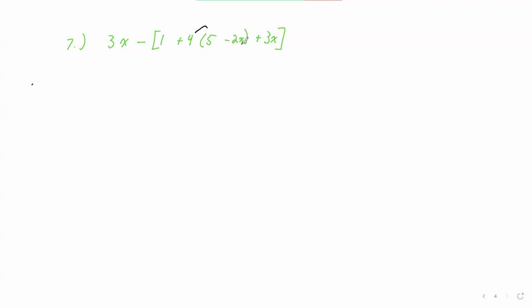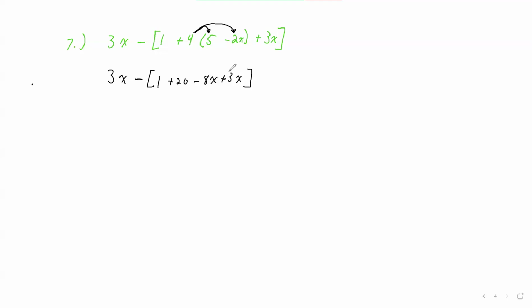So I'm going to take that 4 and multiply. Right now I'm going to rewrite everything. 4 times 5 gives me plus 20. 4 times negative 2x is negative 8x. Perfect. Close bracket. So now that the most inner parentheses are gone, I can simplify inside these brackets, which are